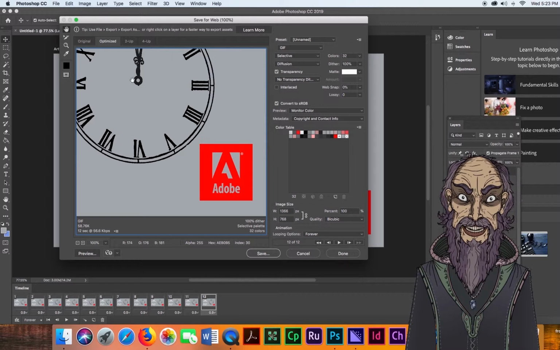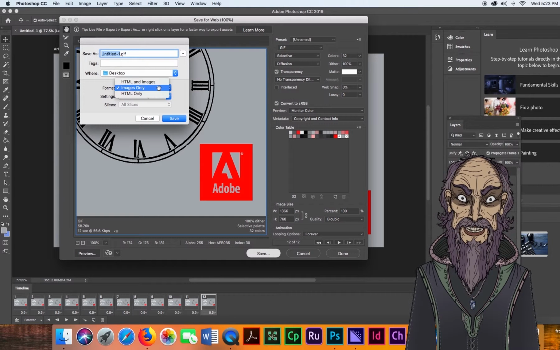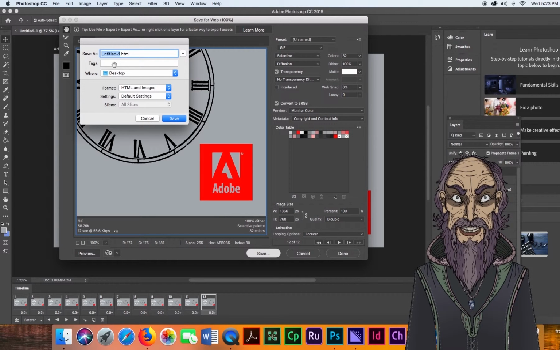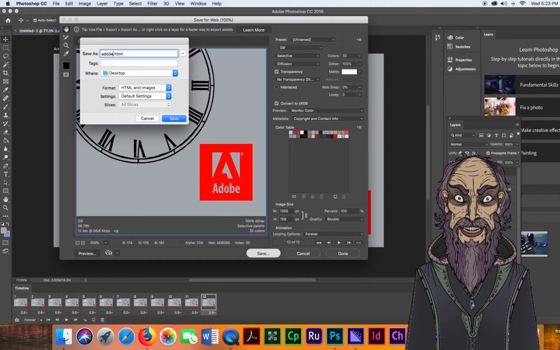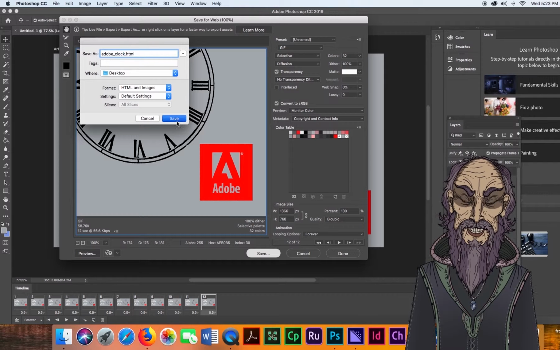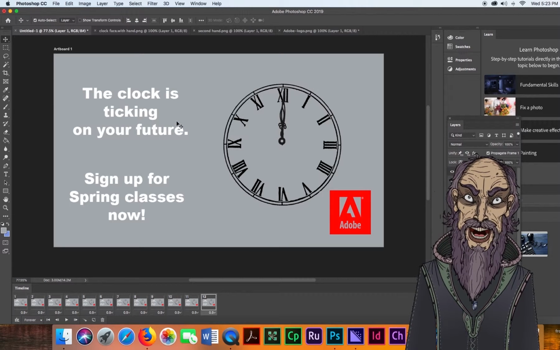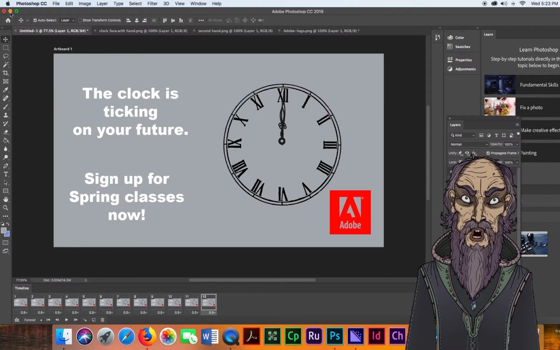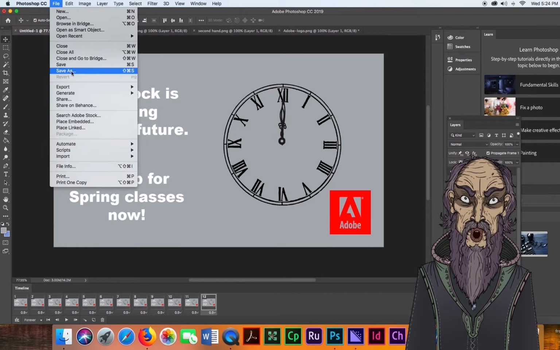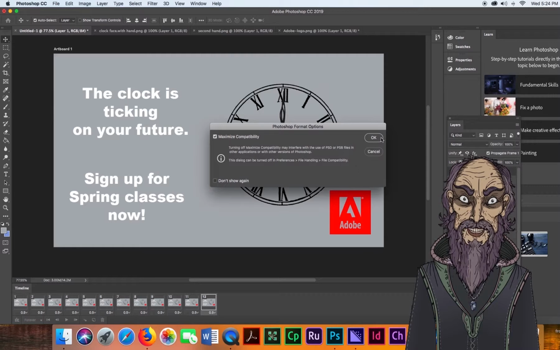So when I hit save, I just want to make sure all my colors look alright with this choice of 32 colors. We're going to save it to the desktop so we can find it easily, and instead of image only, we're going to save HTML and images. This is important because we're going to have to attach some sort of action script to it, and you cannot do that to an image. You have to do it to a page with the coding,